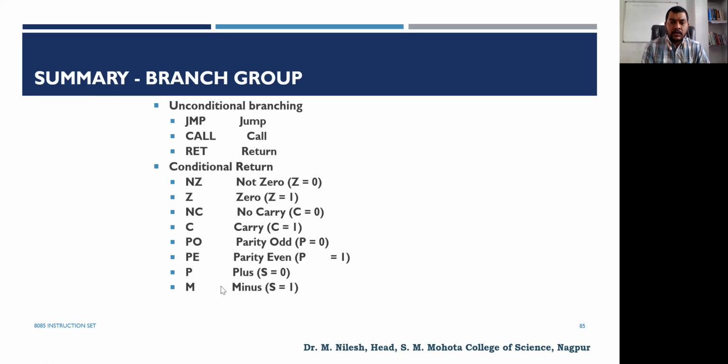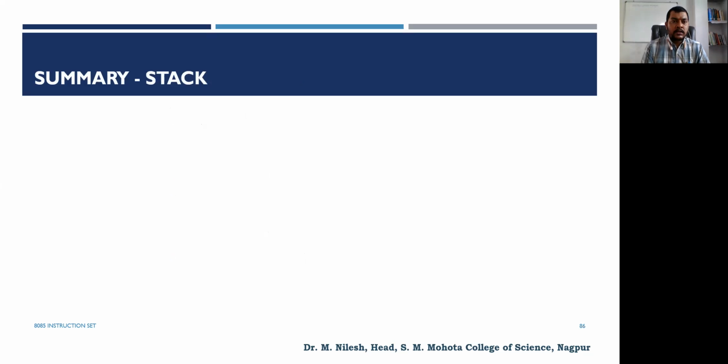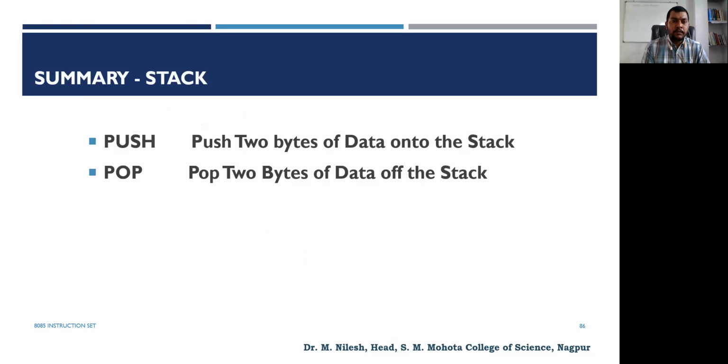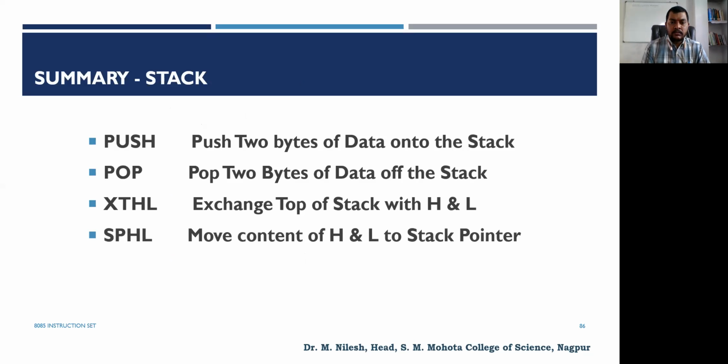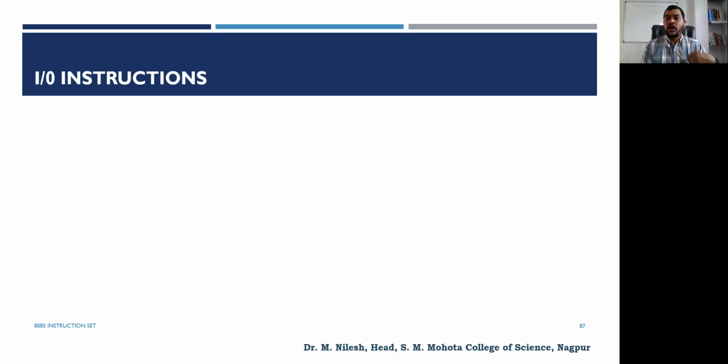Similarly, somewhere we might have some unconditional calls also, and conditional calls also. So we might go through that. Then we have conditional branching instructions, and then stack: push, pop, XTHL, exchange stack, then SPHL, move stack, input output